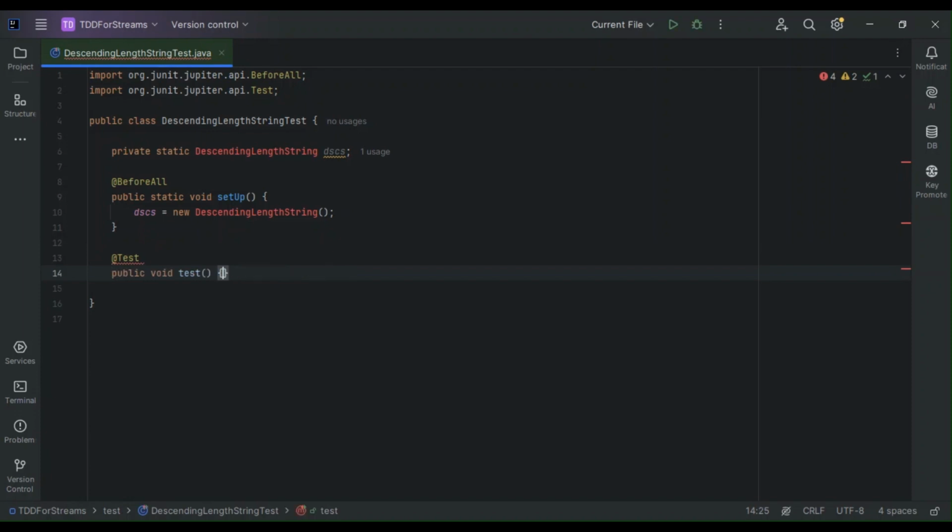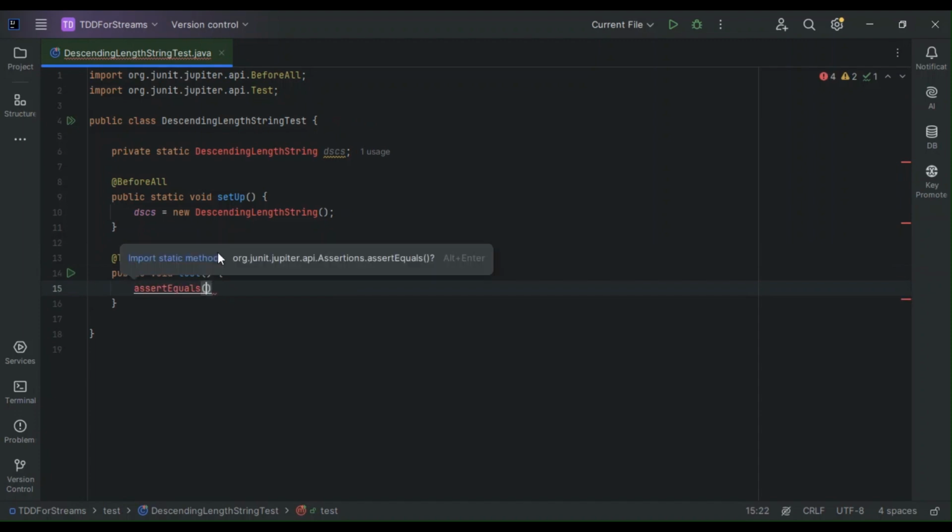For that, we use the assertEquals method, and in that assertEquals we need to call the method, something like descendingOrderOfStrings, and for this we can pass the arguments as Arrays.asList,